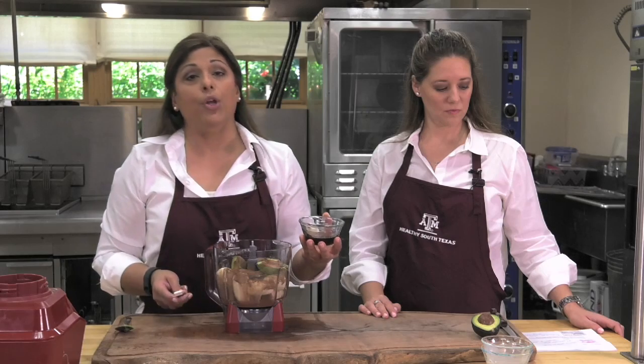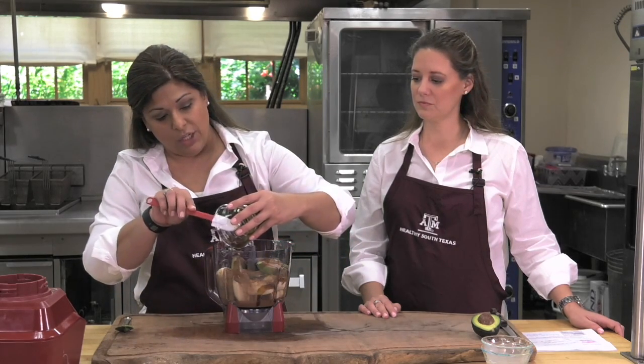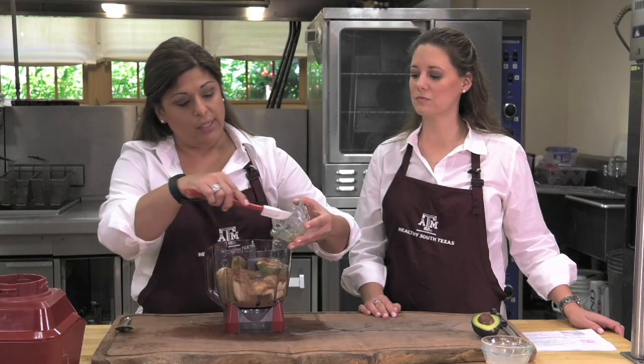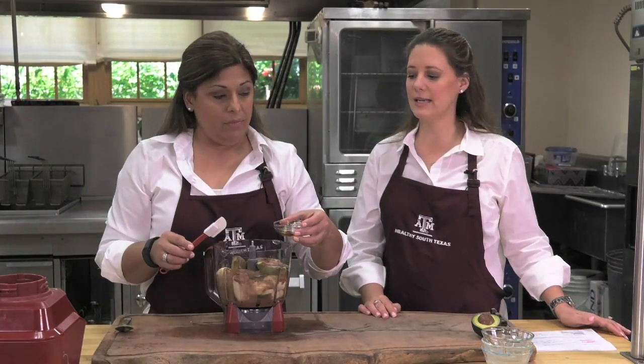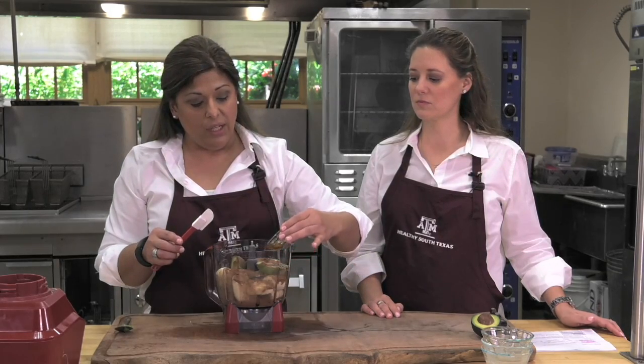Now we are using pure maple syrup, and you need to make sure that when you are in the grocery store that you're looking for that. There is a difference, and so it needs to say pure. And all our sweeteners for this recipe are actually natural sugars. And flavors, yes. So we have some vanilla extract here,